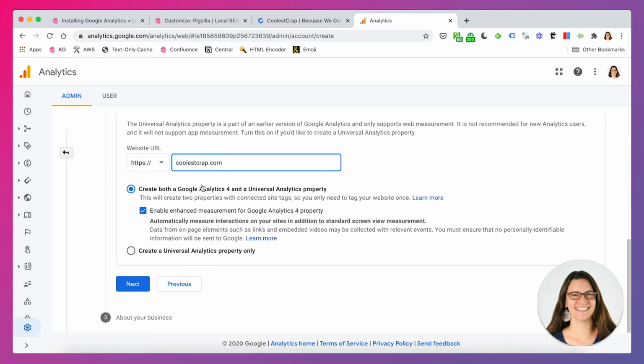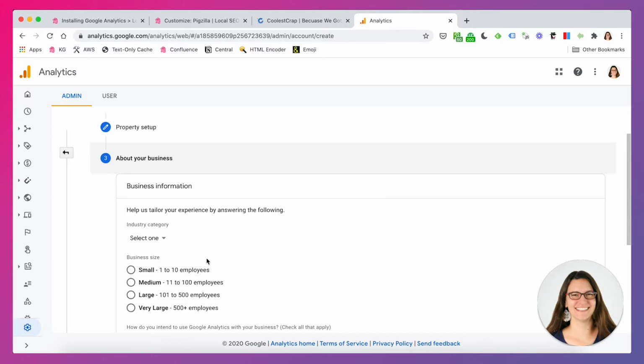Because I've already created Google Analytics 4 in another video, I'm going to check this box to create a Universal Analytics property only. But otherwise, I would recommend doing both. And keep the box checked to enable enhanced measurement. All right, so for this video, we'll go ahead and just do Universal Analytics only, click Next, and then this is just some general information